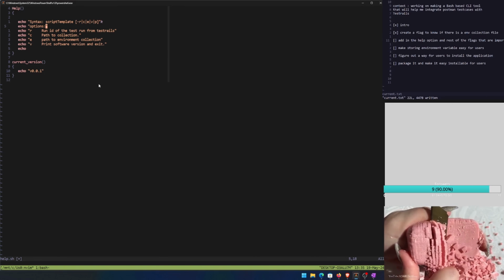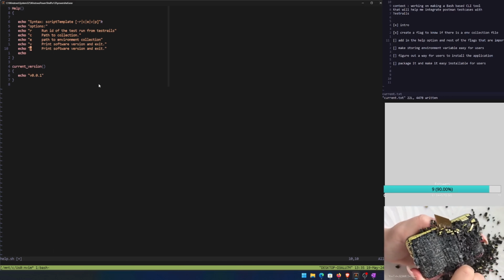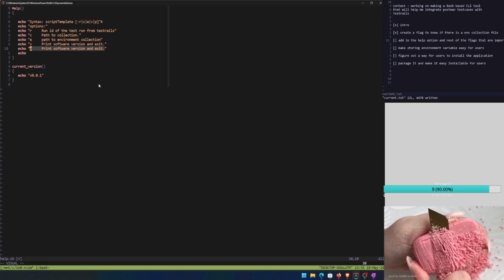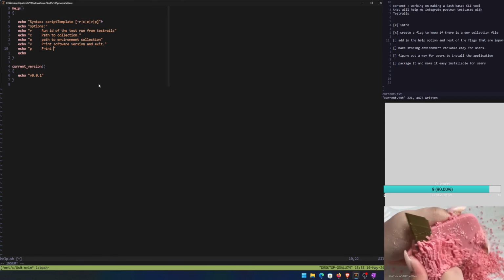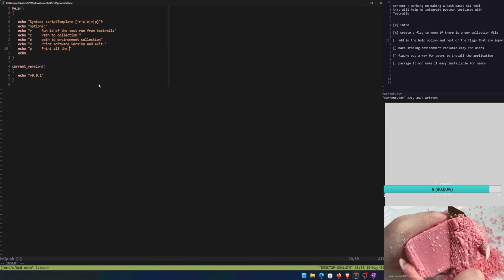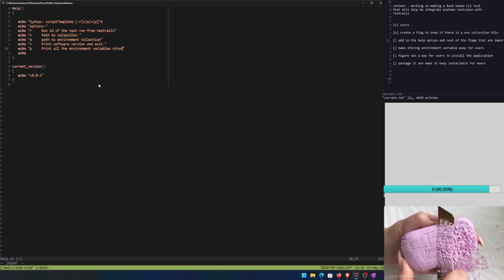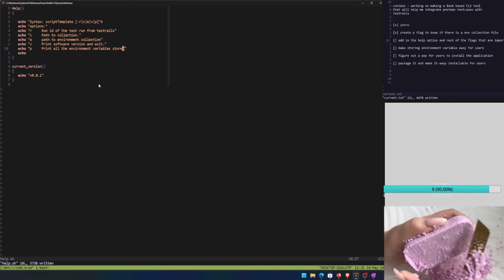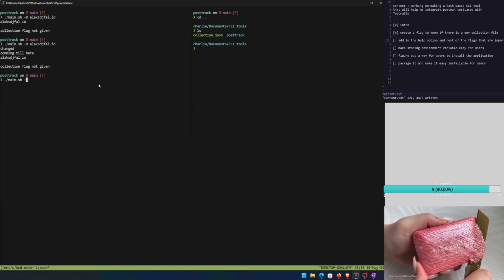P. And I can just say, prints all the env variables. Okay. So if I do the help thing now,